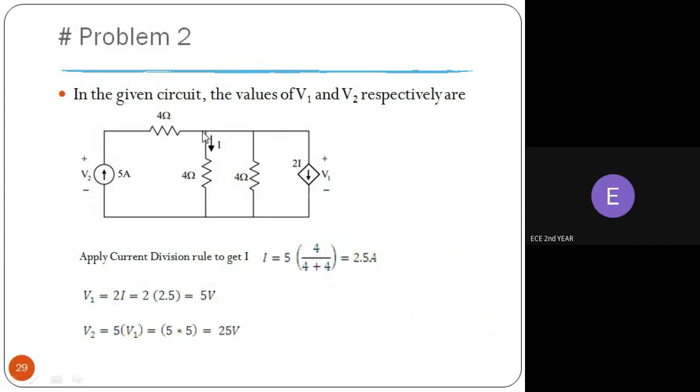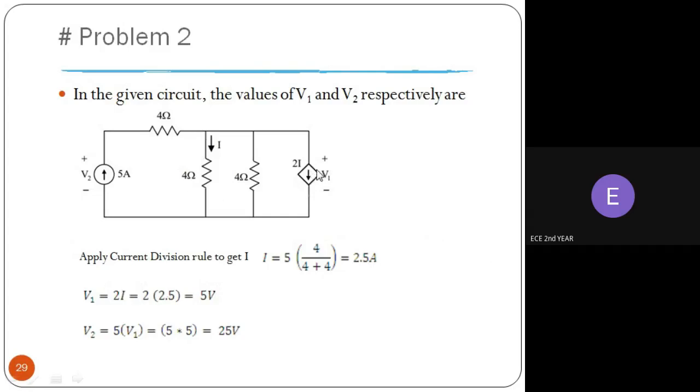Here is the junction point, so the total current 5 amps is split into 2 branches. Here we apply the current division rule to get I. The branch current I is the total current 5 ampere into the opposite resistance, 4 ohms, divided by the total resistance 4 plus 4. So the current I is 2.5 ampere,